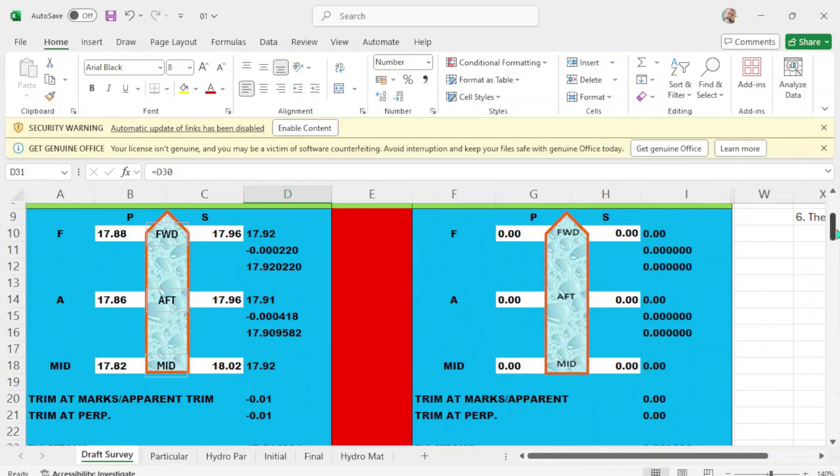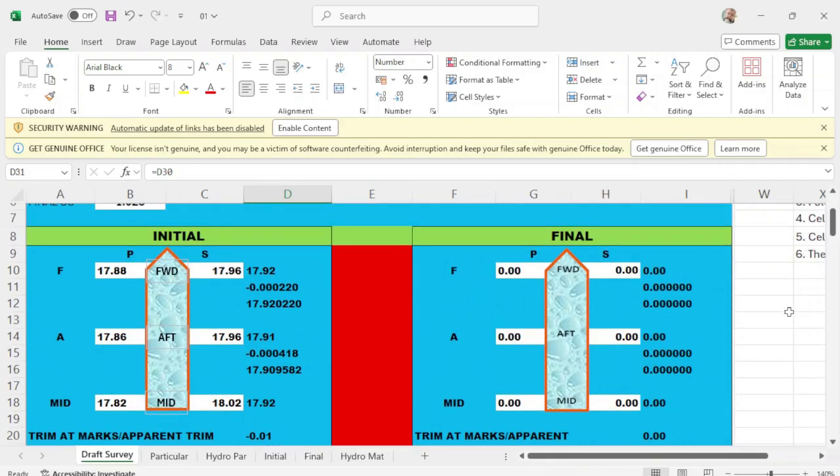Now what are we going to do now? We will check if your cargo is correct, if there's any wrong in your program. Okay, so what we will do is this one. You copy all this drop on for your final. So we copy this one, 17.88, 17.96, okay, and up will be, just copy this one, 17.86,